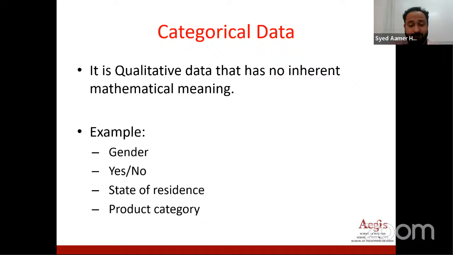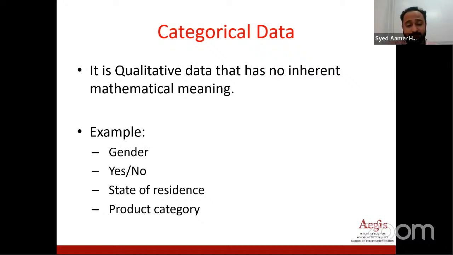It will have. It's not that if it doesn't have mathematical meaning, it won't have any effect on my y, right? Now just imagine I'm going to a shopping mall where the majority of things are for ladies, for example, ladies clothing, makeup and all those things. So at that time gender will be a major factor, right? So female gender will be more, and that will be more influencing your y basically. Is that clear? So categorical data, we won't simply delete it, right?